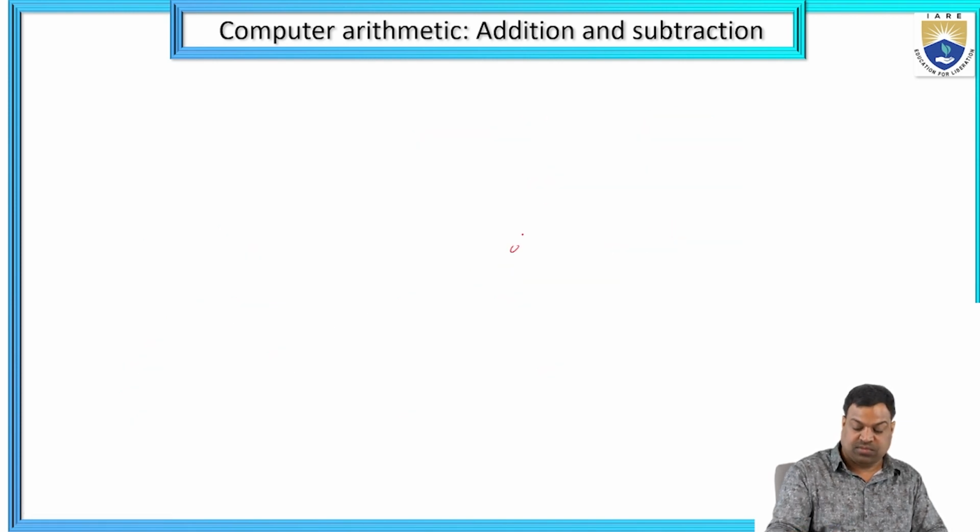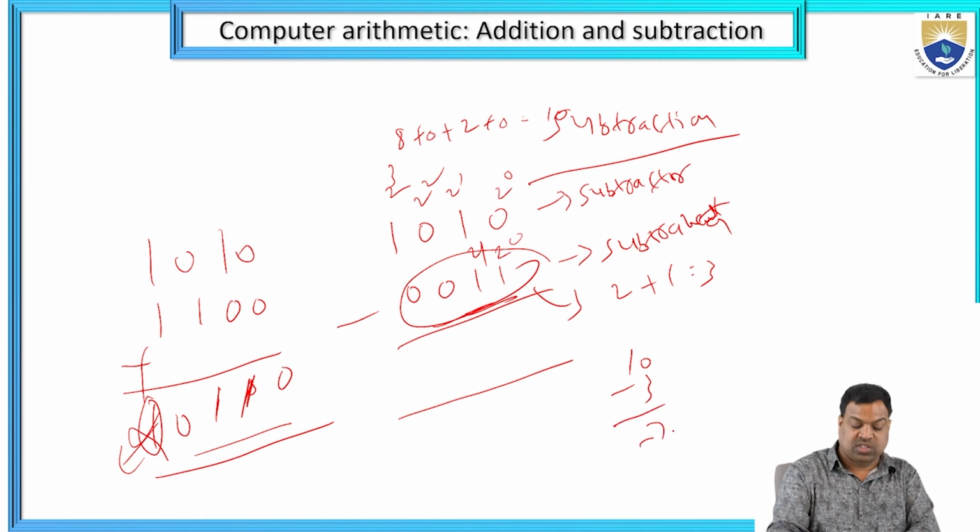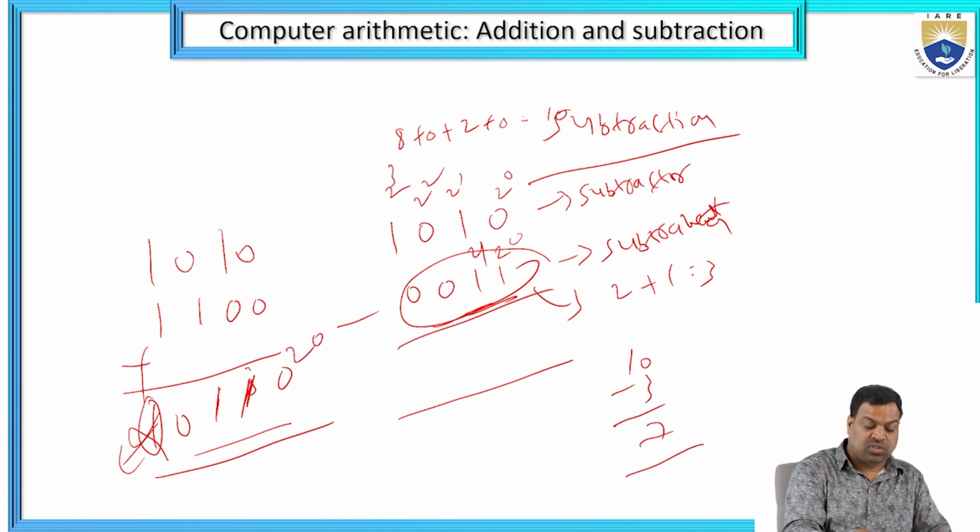So 0011 means 2 power 0, 2 power 1. That is 2 plus 1 equal to 3. So 10 minus 3. Is it 7? Yes. So 2 power 0, 2 power 1, 2 square. 2 square means 4 plus,